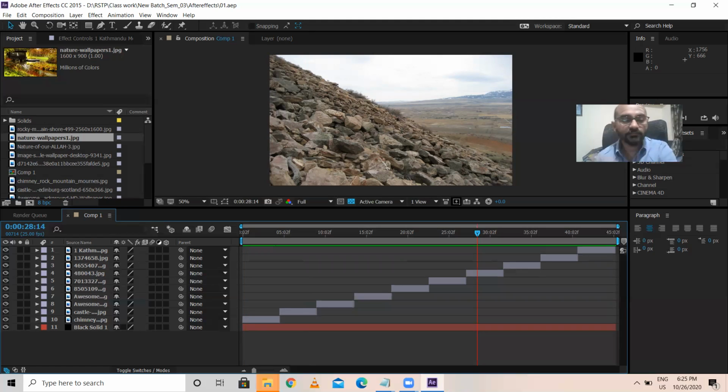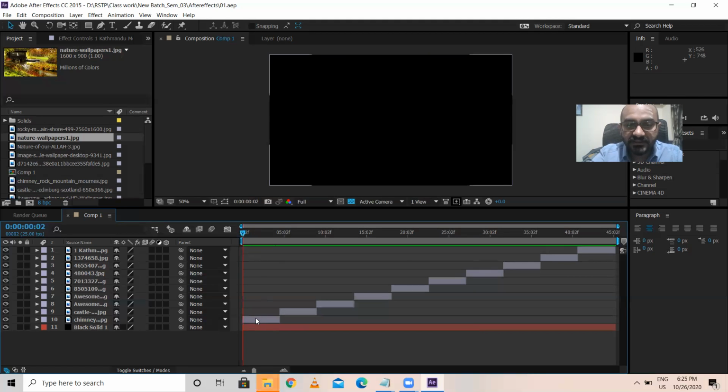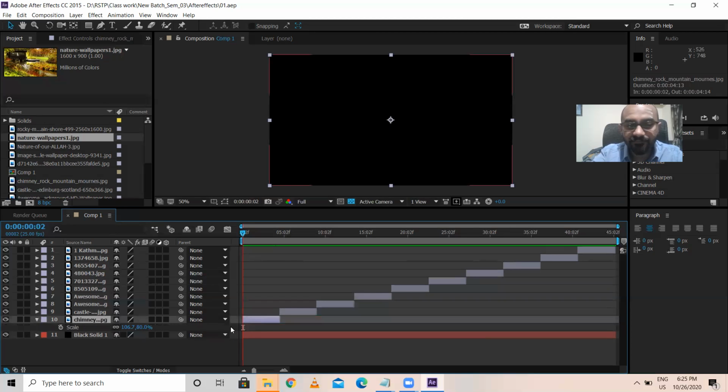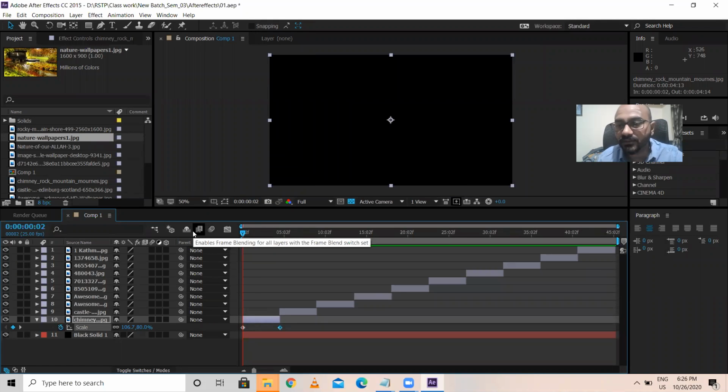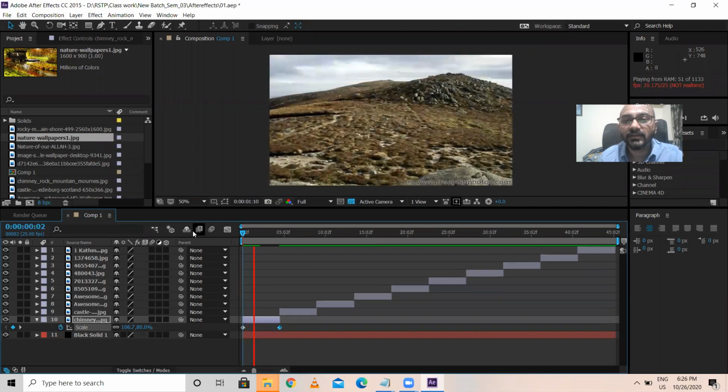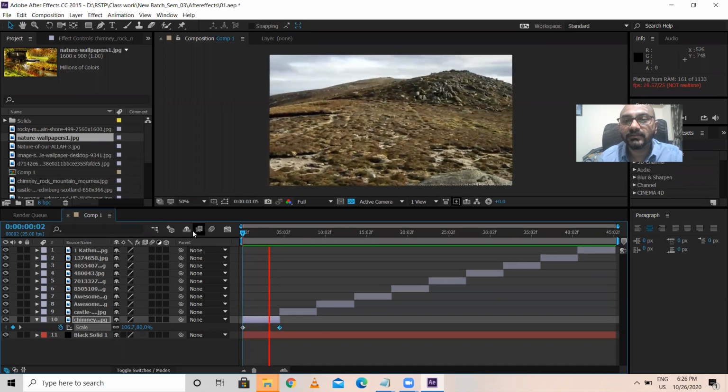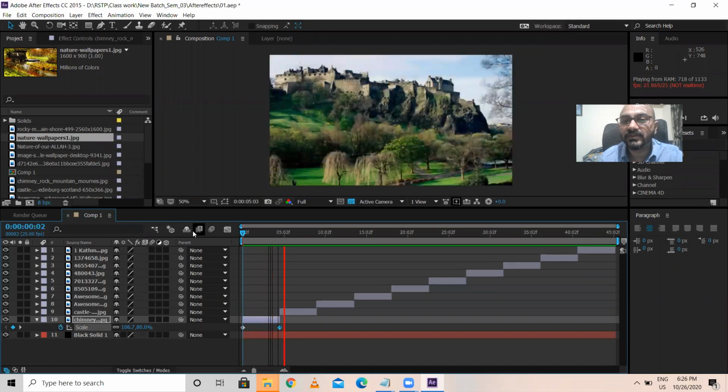Now what I'll do, I'll come over here, I'll select this, S. S for scale. Scale a key here. O. I just scale it a little like this. Okay. Now see what happens when I do scale. This effect for scaling. Can you see? There was a zoom in effect happening.